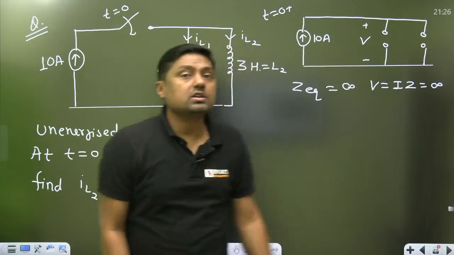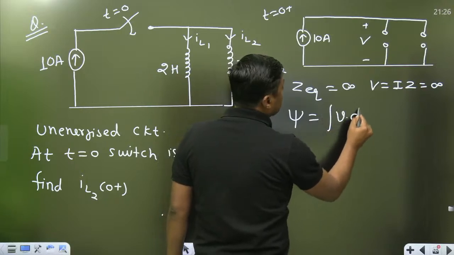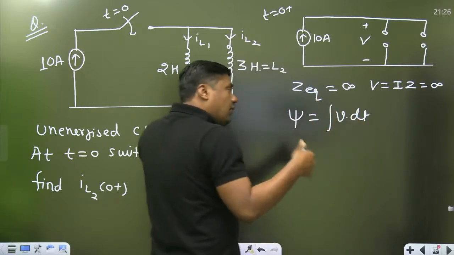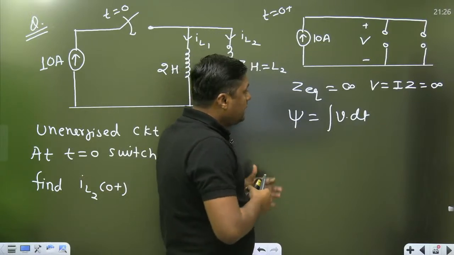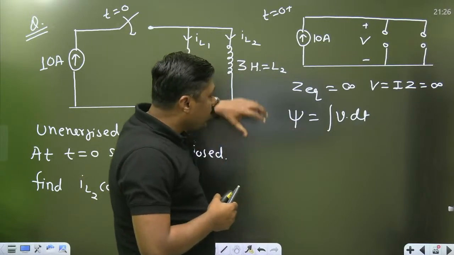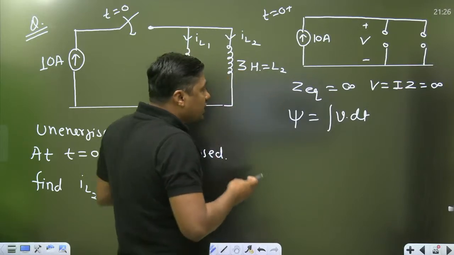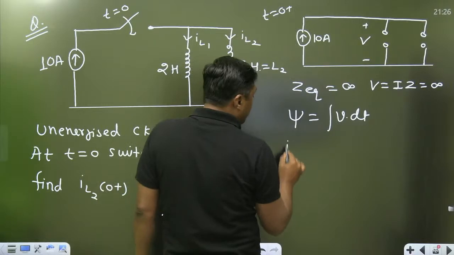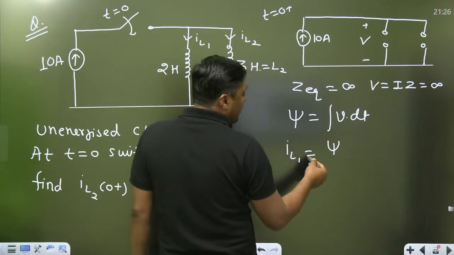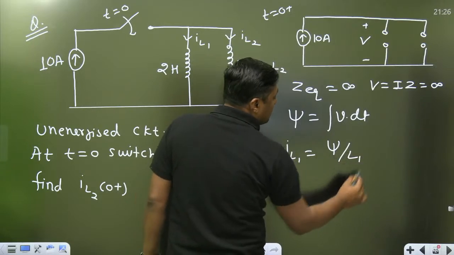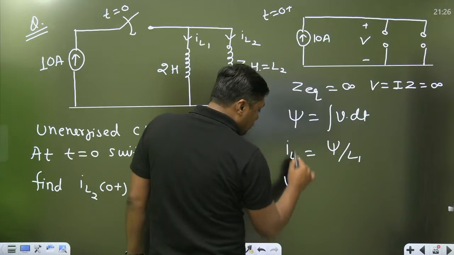If we have infinite voltage, it will develop what? Finite flux. What is the flux? Psi is equal to the integral of V dt. So always remember it is a finite flux. We want to calculate first the flux, and then the current. Current through the inductor is given by IL1 is equal to psi by L1, where psi is equal to L into I. What is psi 2? Try to understand.